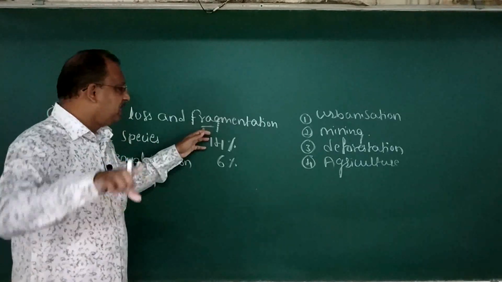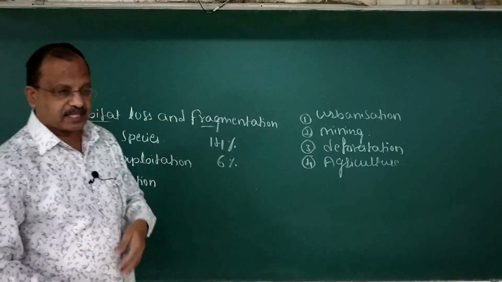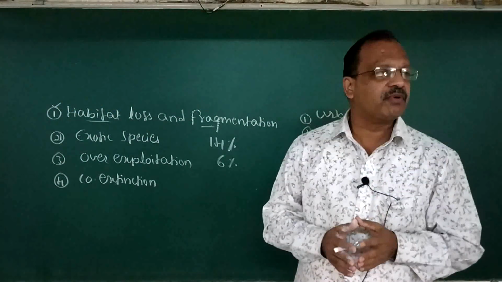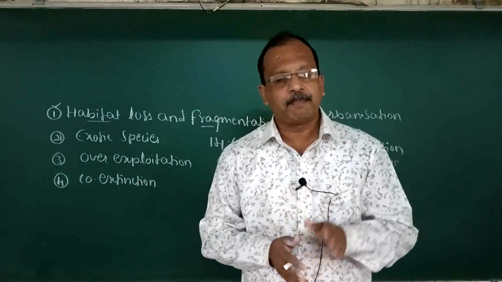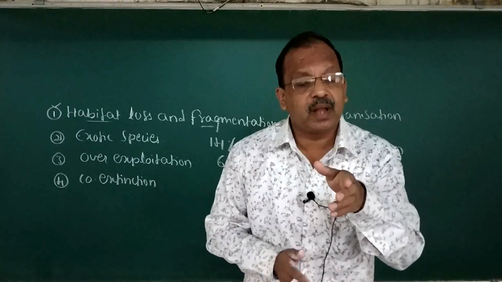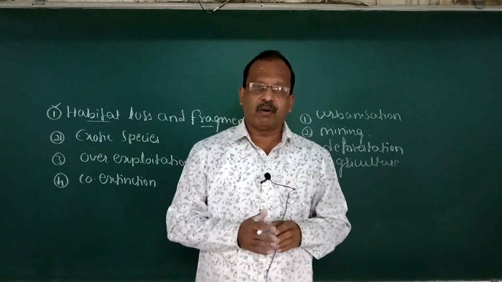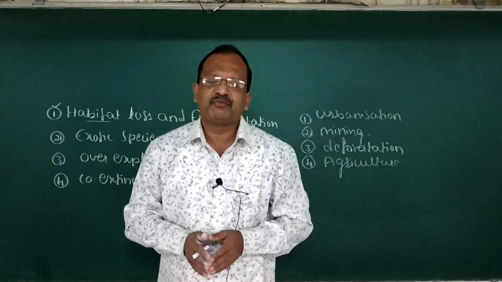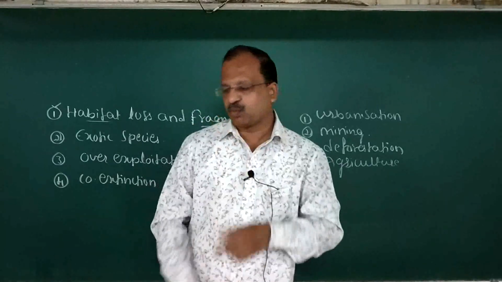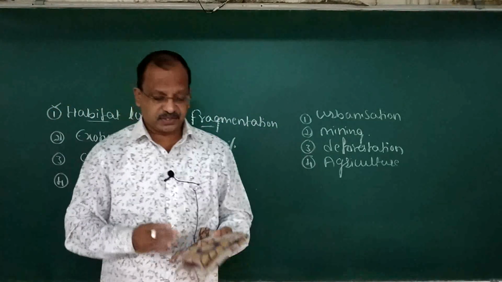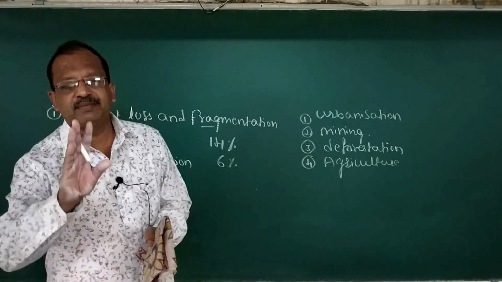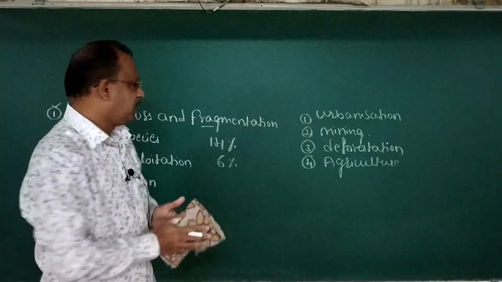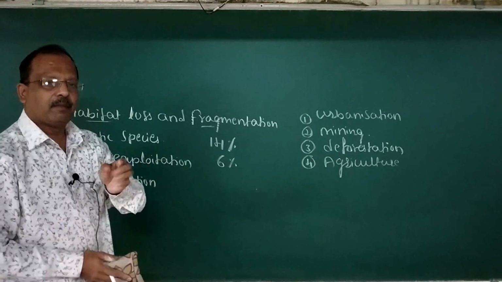Reduction of the habitat into smaller and scattered areas is called fragmentation, especially when larger areas are converted into fragments. Mammals and birds which are in need of large territories are badly affected due to fragmentation. Finally, please remember one more example. Amazonian rainforest is now cut and cleared for the cultivation of soybean and for developing grass to raise cattle. Cattle includes cows and buffaloes.